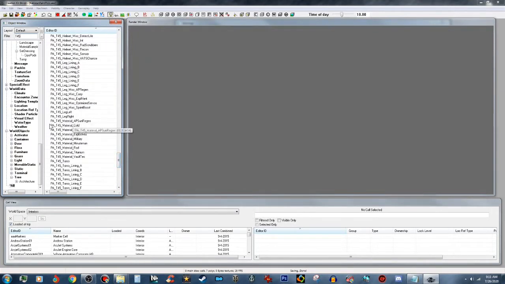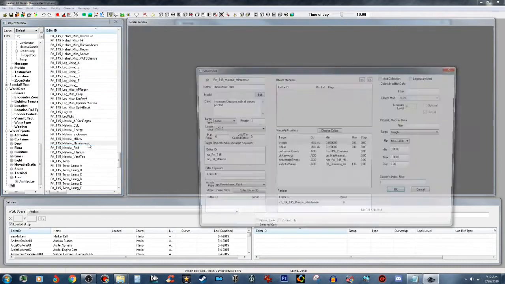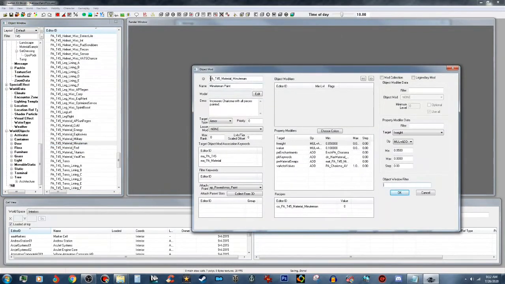And we want the T45 material. Now I've tried different ones. I'm gonna use the Minuteman one. So I'm gonna go ahead and open that up, give it a new ID, M9 underscore material,